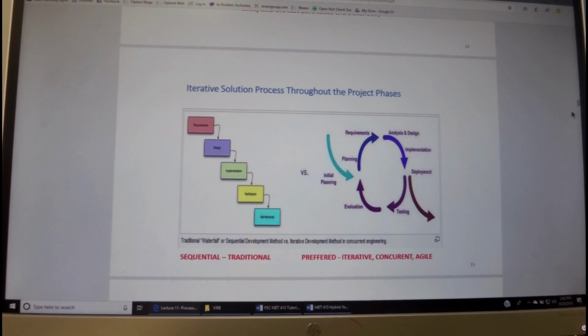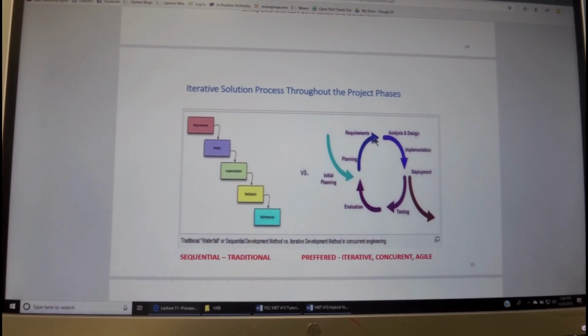There are several ways of running a project. The traditional way is a waterfall. As we see over here, we go from requirements to design, and then implementation, and then validation, and then completion. And then we have concurrent engineering, which is a more up-to-date project management style, and that is we are working in iteration.